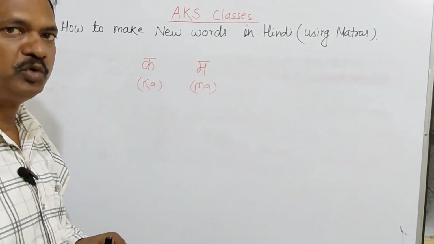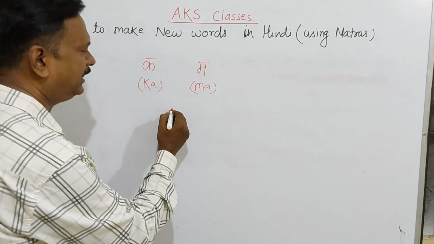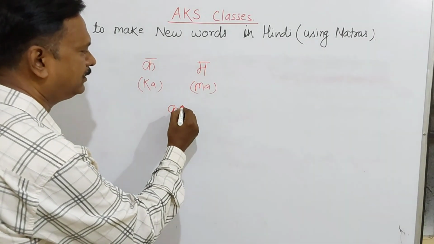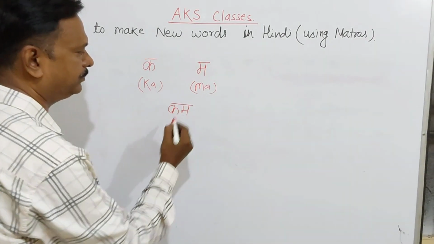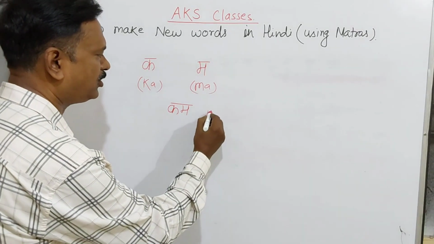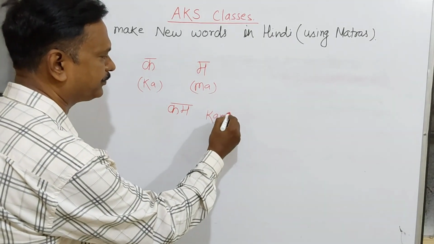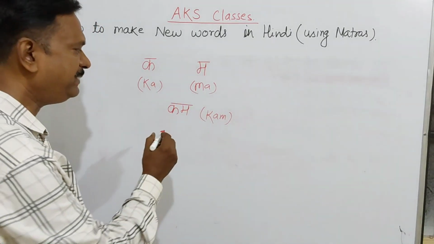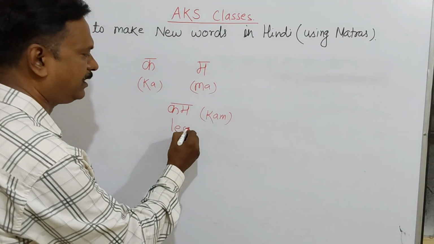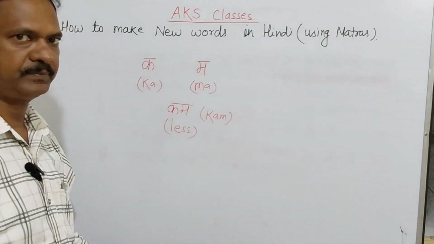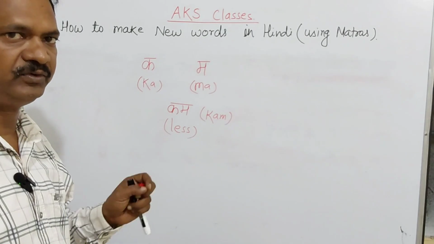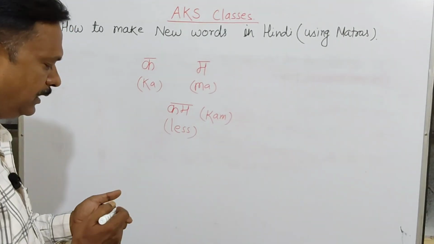When I join these two consonants, it becomes ka ma. It is kam. We pronounce this as kam. It means less. If something is less, we use this word, that is kam. But